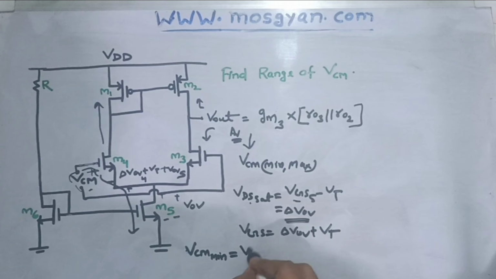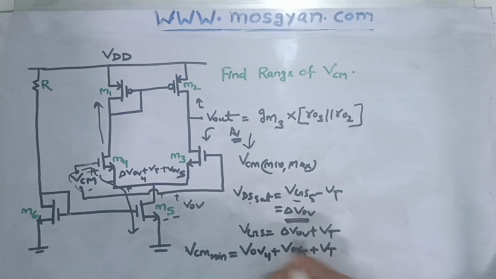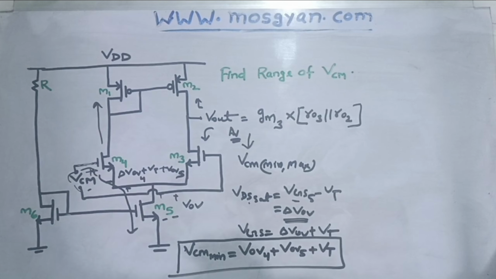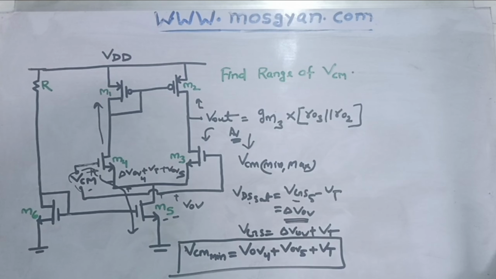So that would be written as VOV of MOS M4 plus VOV of MOS M5 plus VT. This is the minimum common mode voltage which this MOS can support. I will also explain through numerical values how this will have some meaning when you actually design some op-amp. So once we complete the answer to this question, I will tell in terms of numerical values also why